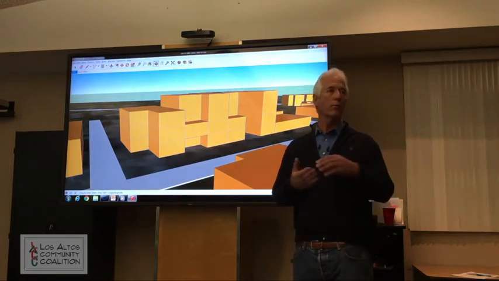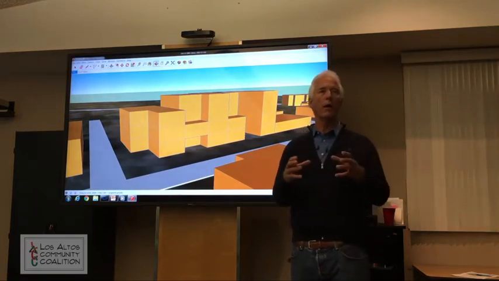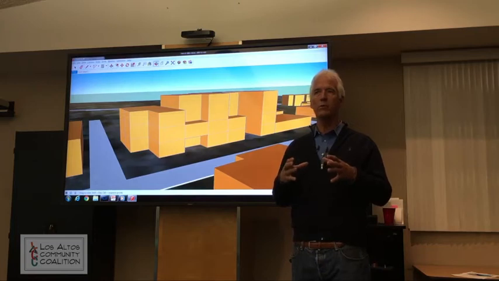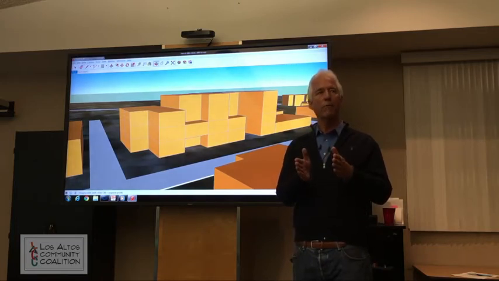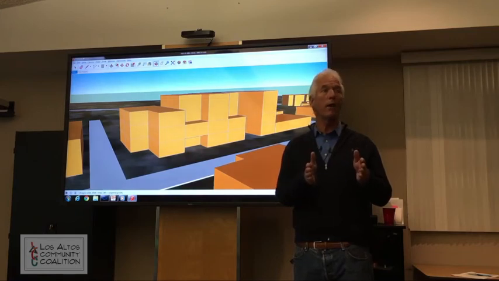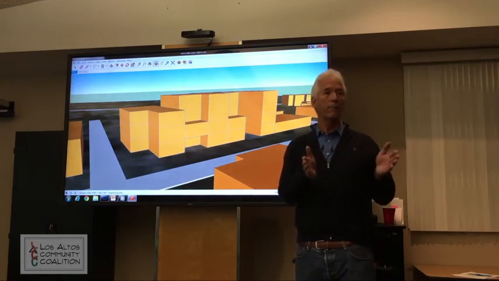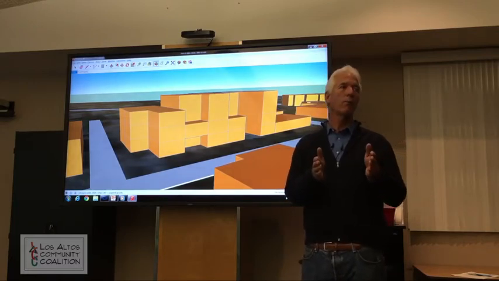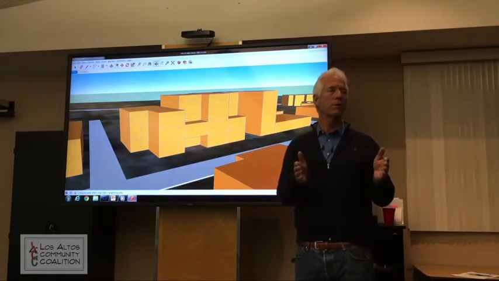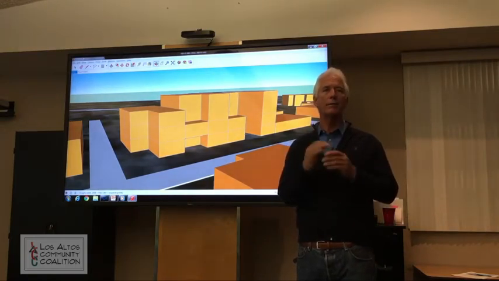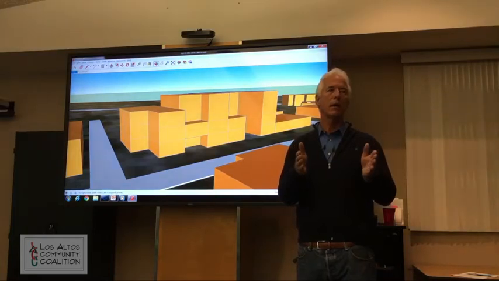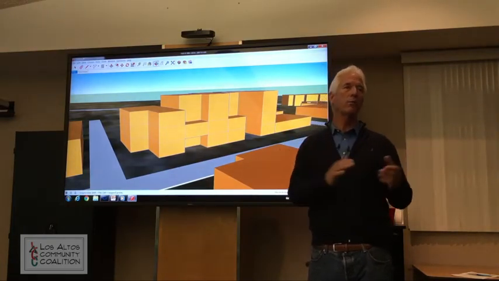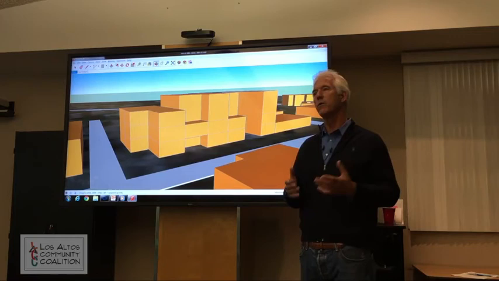So, not to diverge too much, but old downtowns, including Los Altos, the average width of a lot was originally only 25 feet wide. And so when you had a 50-foot lot, well, that was pretty good size. But guess what? Our minimum width for an efficient parking lot is 64 feet. So you would actually need 3 lots, meaning 75 feet in width, to actually get an efficient parking